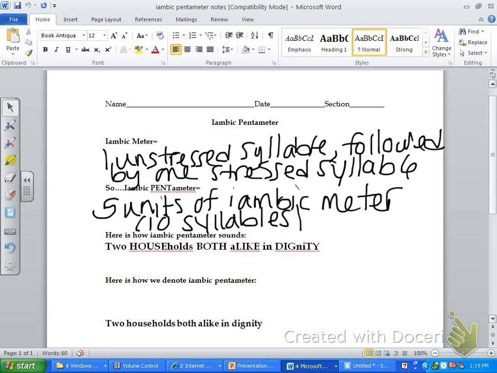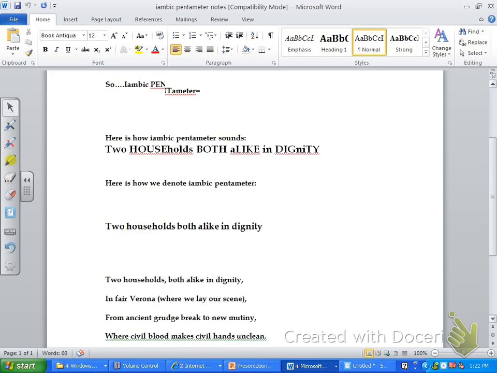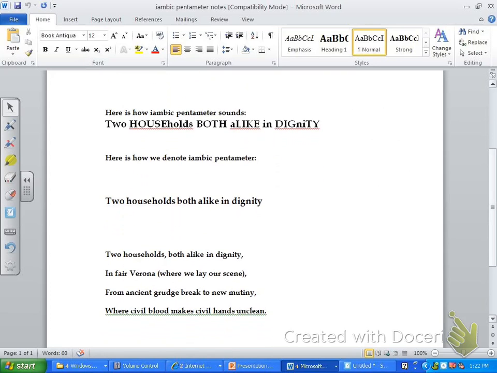Okay? Here is how we mark the lines. I'm going to show you. So we need to show that we have unstressed syllables and stressed syllables. So in this line, "Two households, both alike in dignity,"